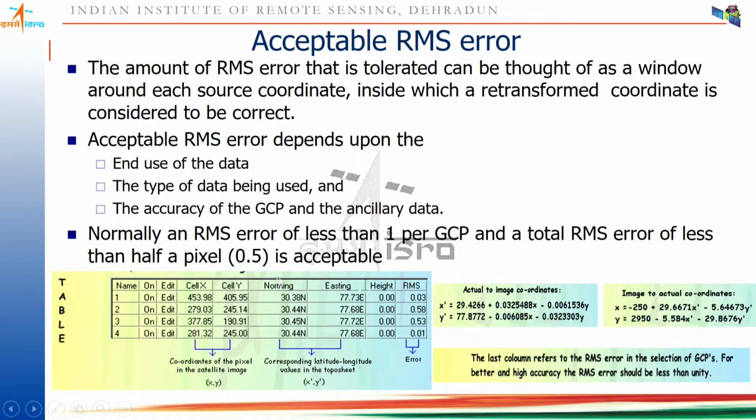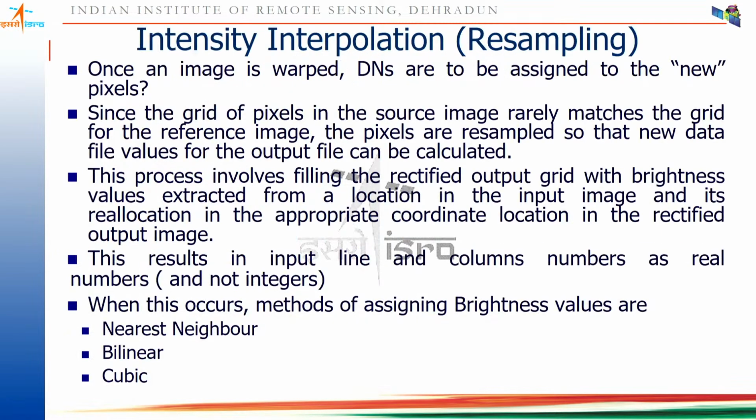Right? So with this, once we have some ground control points, we can calculate the forward equations and the backward equations and transform our data. So that means after the mathematical transformation, I have one grid which is overlaying over the other grid. Now the output grid is here, but it does not have DN values. So DN values have to be brought from the input image to be filled into the output grid.